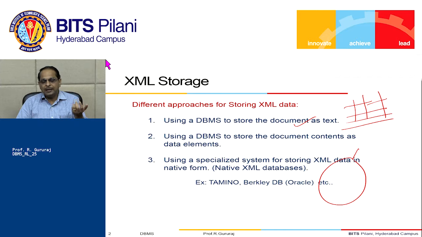So similarly, we collect the individual subtrees of the XML document, and while maintaining the hierarchical structure of the documents or the subtrees, we store them in some databases. That kind of databases are known as native XML databases. For example, Tamino, Berkeley DB, which is now taken over by Oracle. You can store XML documents in its native form, and then you can use XPath or XQuery expressions to retrieve